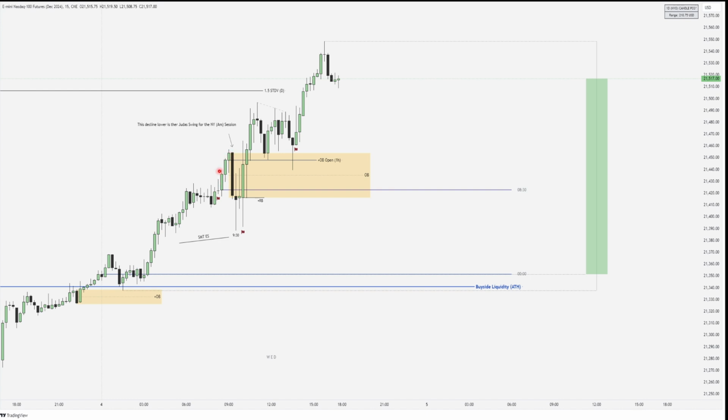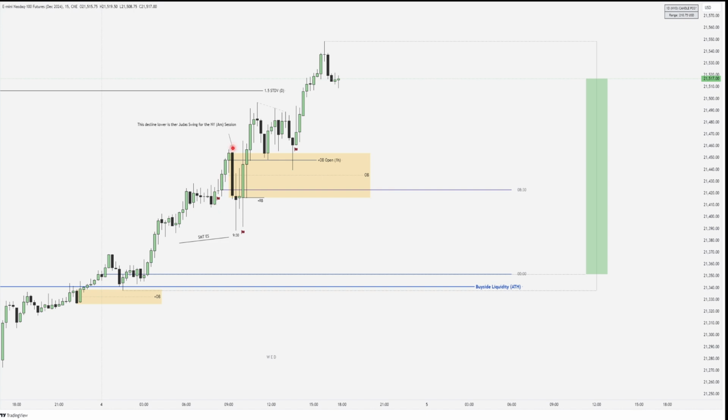Not looking to go long here. Why? Because we left relative equal lows behind, and we are in a premium here because we didn't. If you look at this dealing range low, dealing range high, we are in a premium here without any retracement lower. So then a run on sell side or return back into an inefficiency is expected.